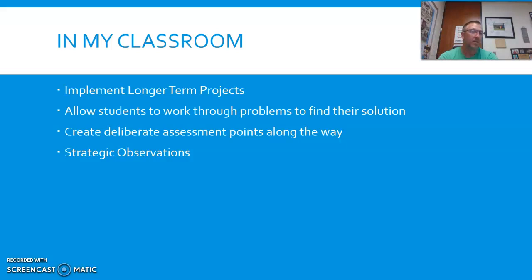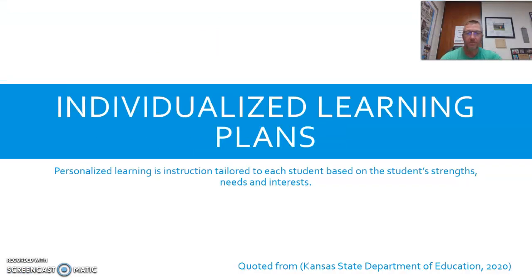My thought is that, just have rough drafts, kind of do with this date. You need to have, to this point done with your rough draft, and et cetera. Those are some of the areas that I feel like might be fairly simple ways to implement that. And then, as I mentioned before, strategic observations.